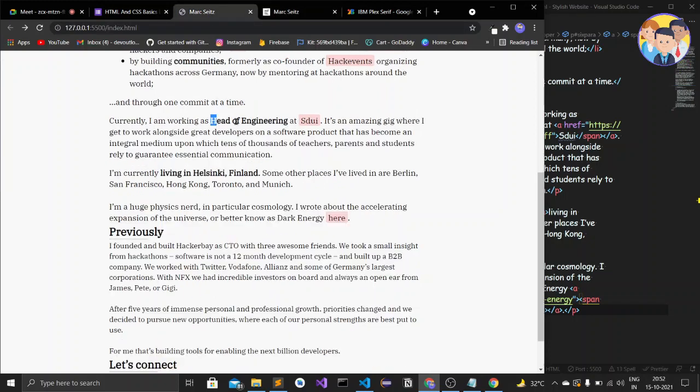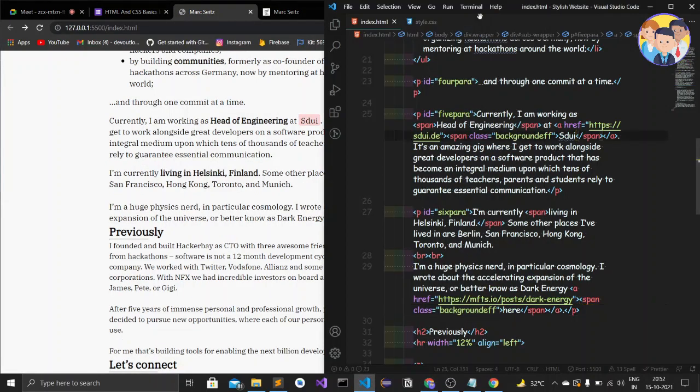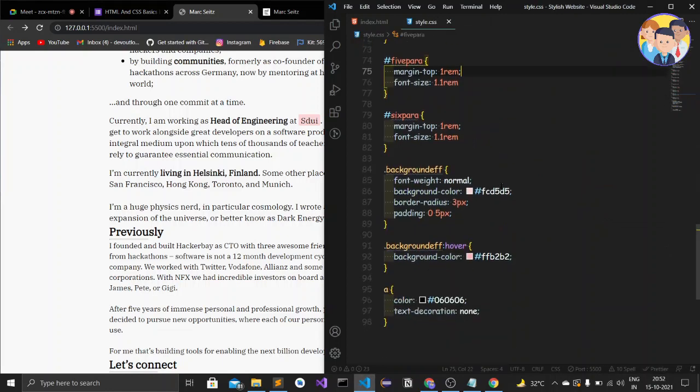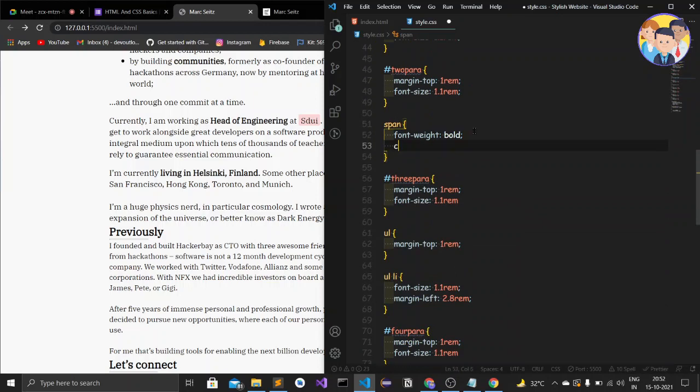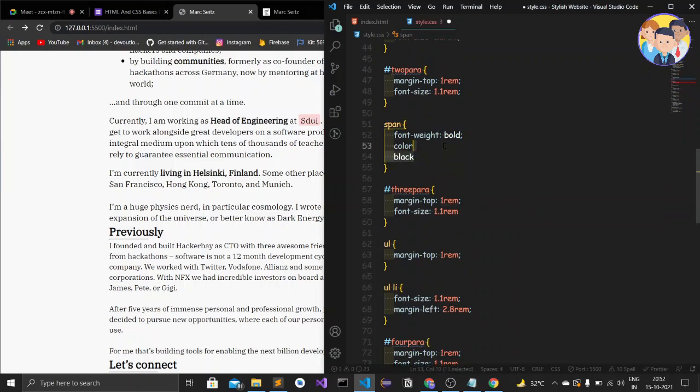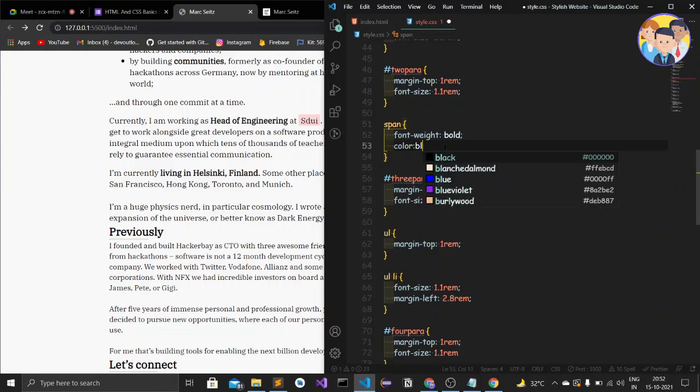This bold effect needs the black color. So let's give the color as black in the span, color colon black. Now let's save it and see it in the web browser.